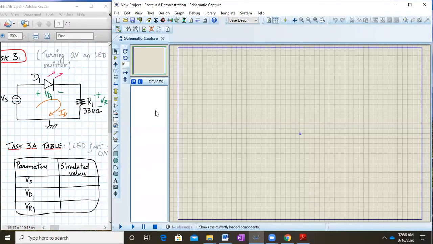Okay. So now what we need to do is, this is my working space. The blue color line we see over here, the window, is my working space. So see to it that you work within this space.